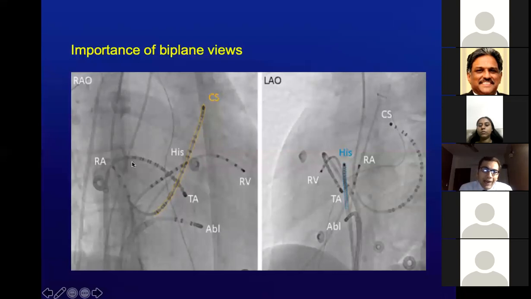Similarly, if you have this catheter, how do you know where this catheter is? So again, let's do the same mathematics. In the right anterior oblique view, this catheter is present posteriorly, so it's likely to be atrial. And on the LAO view, it's slightly more left-sided. So this could be on the interatrial septum. Remember, the IVC is where these catheters are coming in from.